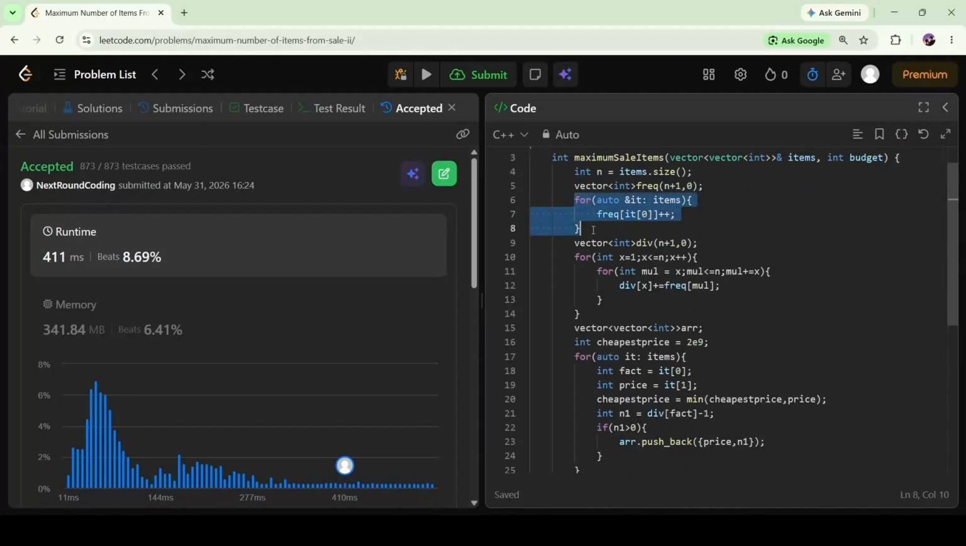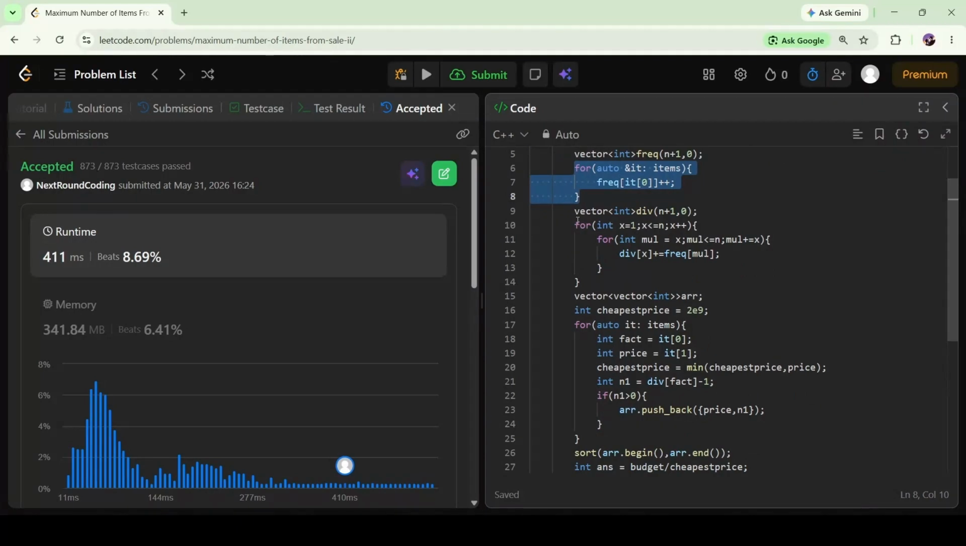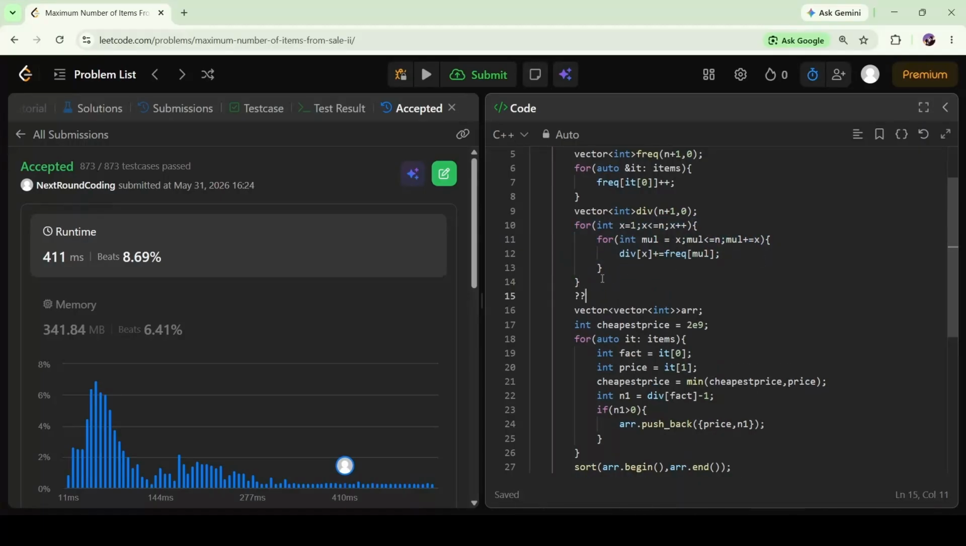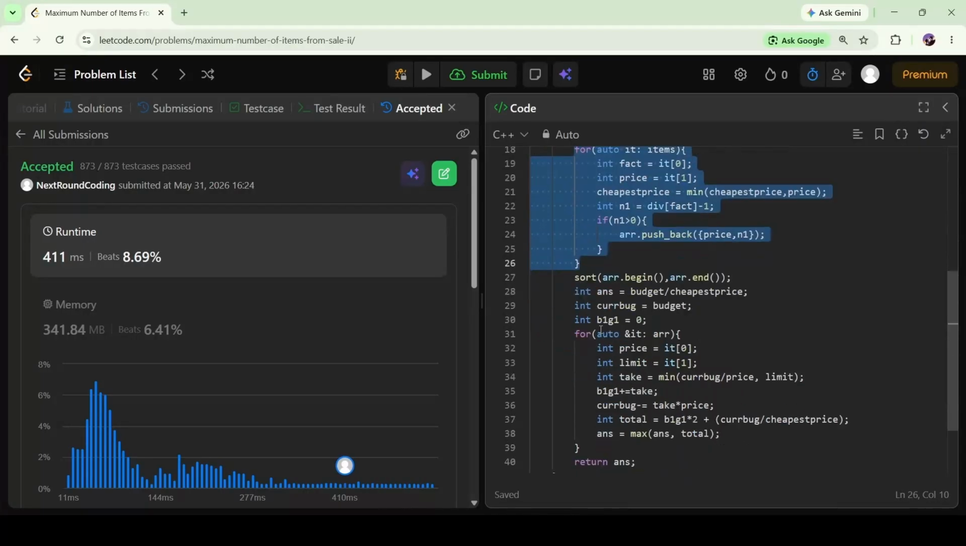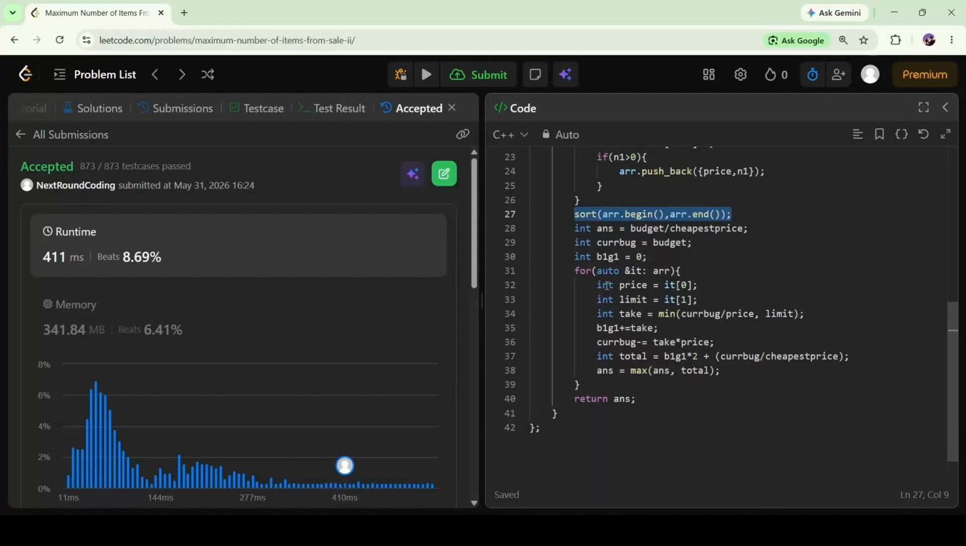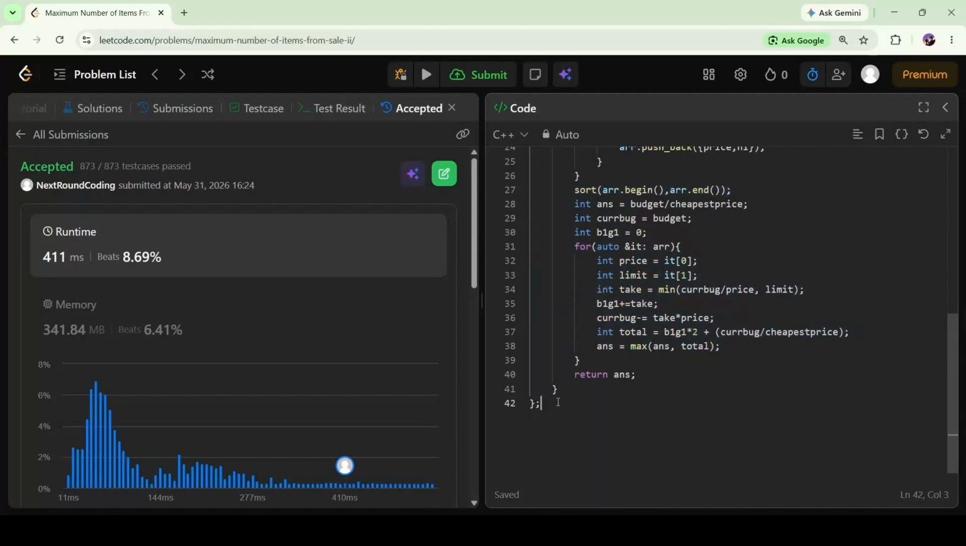So we are running a loop over here, which is big O of n. Now in this case, it might seem that it is big O of n square, but no, it will be big O of n log n, because it is going something like this: n by 1 plus n by 2 plus n by 3. This way it is going, which would be nothing but n log n. Okay, so this is n log n, and the other loop is big O of n. Sorting takes n log n, and again it is big O of n. So the time complexity here is big O of n log n,